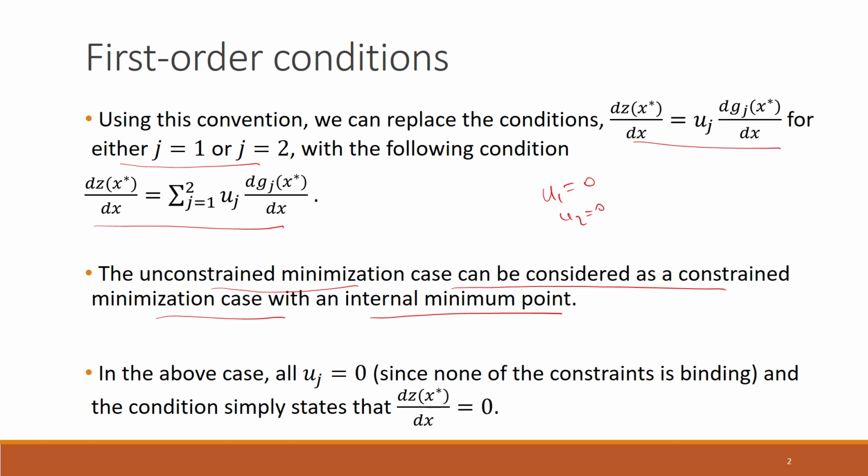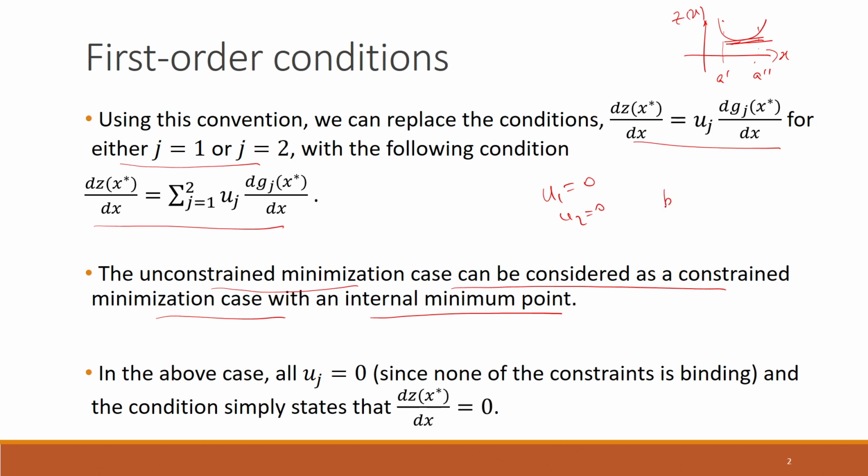So, if we have this kind of condition where we are minimizing a function z(x), and this is a dash and this is a double dash, the minimum occurs here. At this point the slope is equal to 0. This is the first case that we had seen. In this case both of the two constraints G1 and G2 are non-binding,